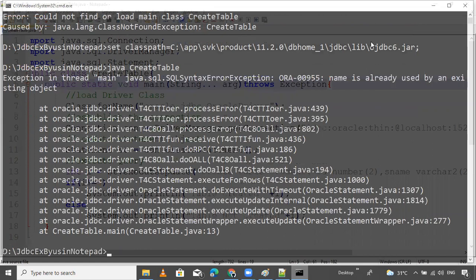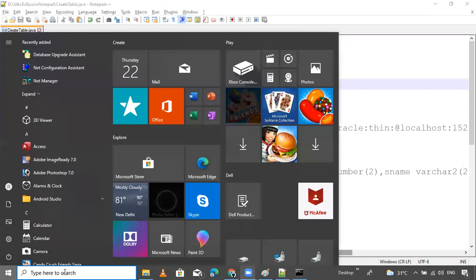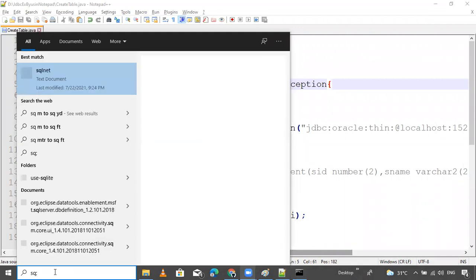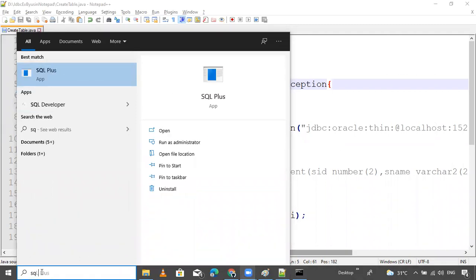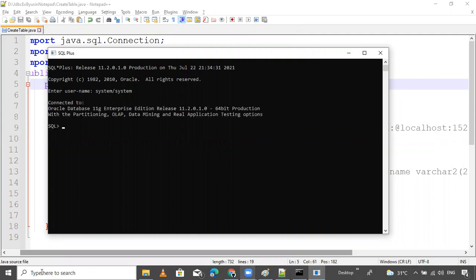Now, okay. The name is already there. One student already exists in the table. So I want to drop it. Open SQL.